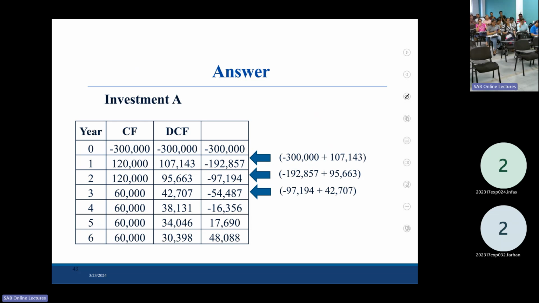After adjusting for time at 12%, you know how to adjust the time value, this is now the time-adjusted cash flow. So based on that, you can